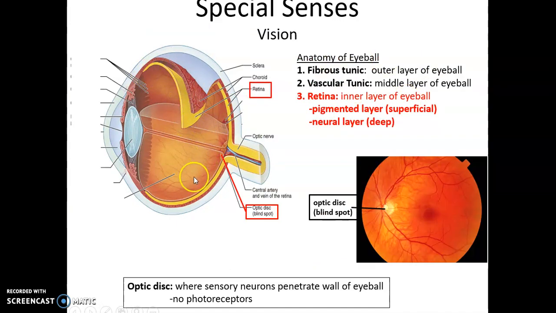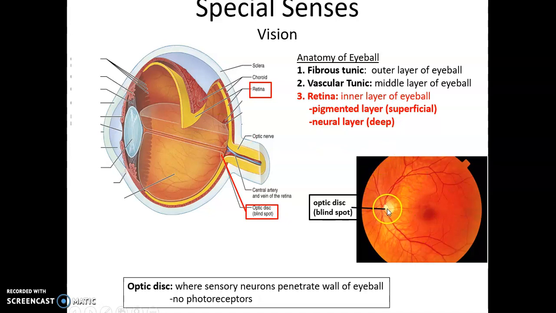The third layer of the eye is the retina. The retina, of course, being the innermost layer, has a pigment layer and a neural layer. The pigment layer helps to absorb excess light, and the neural layer is, of course, what will transmit the signal to the brain. Now, when you look at the retina, or the back of the eye, you can see an area that's really bright in color when the optometrist shoots the light into your eye,